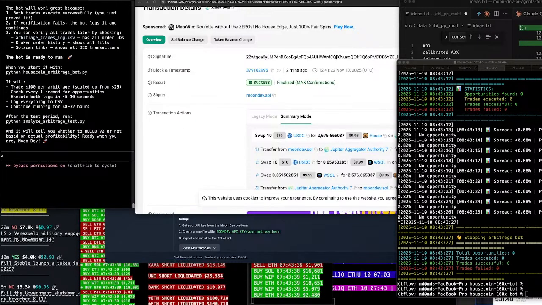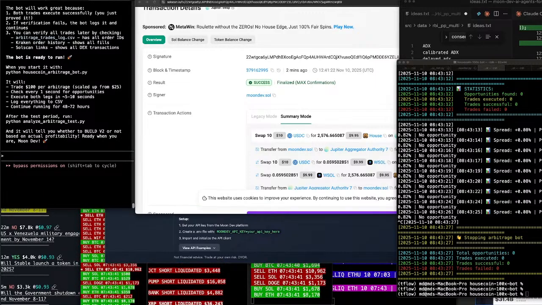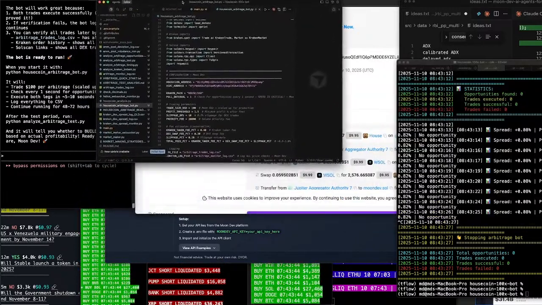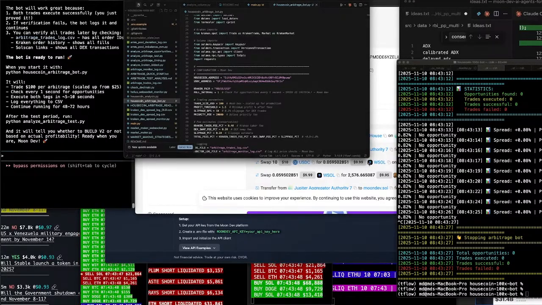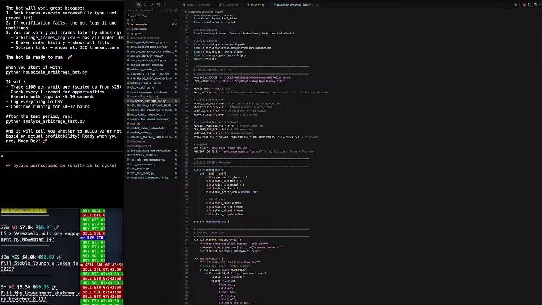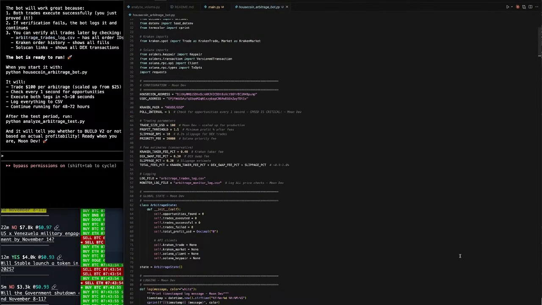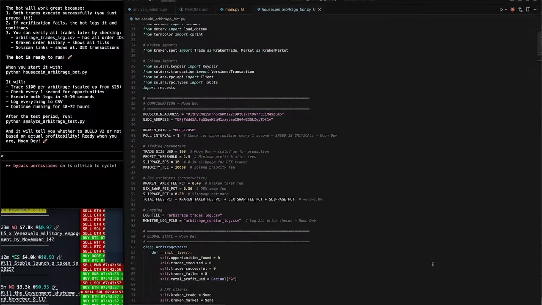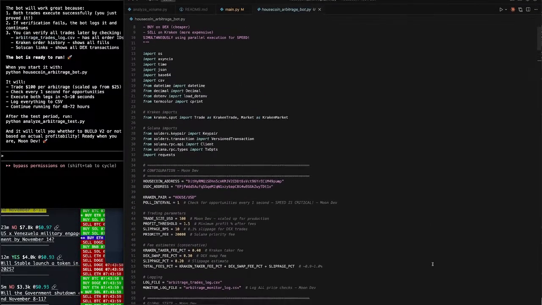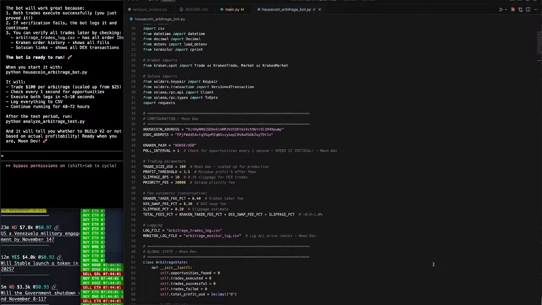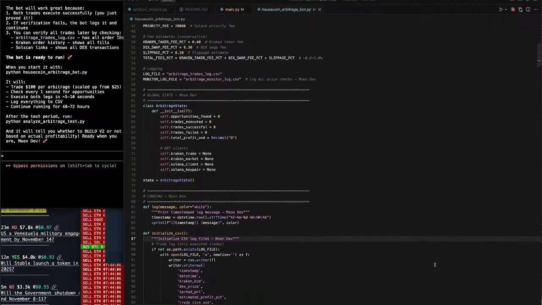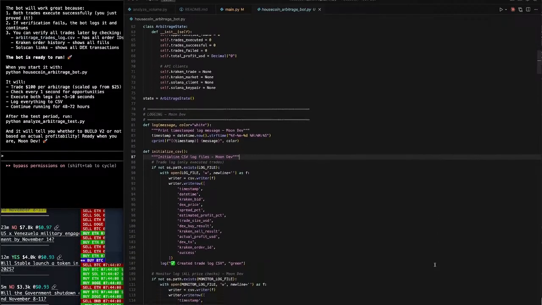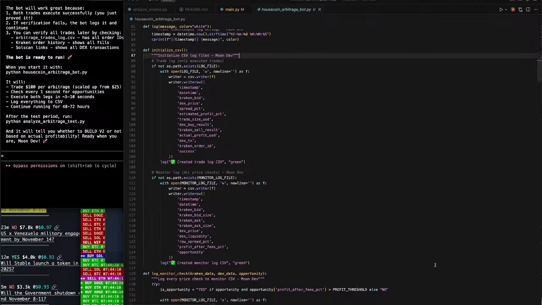Well, she's not done yet. So, okay, I'm going to give you all the code right now because I believe code's a great equalizer and I believe you could build something sicker than I. So here's all the code. You can screenshot it, do whatever you need to do. I'm going to go fast here. This is not on GitHub. Okay, so here's the first part of it. House coin arbitrage between Solana and Kraken. You can see here's the second part here. Here's the third part. I'm just going to scroll through so you have all of it here. You can rewind, pause, screenshot, whatever you need to do.